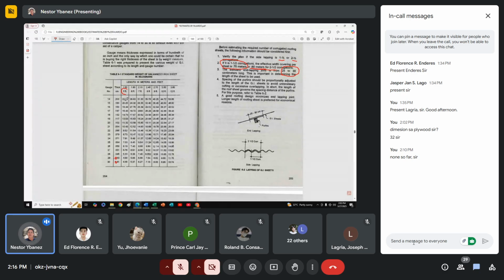These numbers are the weights. The weight of a 6-foot length with a gauge of 14: if it falls below 26.83, that means the material you bought is substandard. It is difficult to weigh flat sheets, so we rely on the manufacturer, unless we do materials testing, which takes time.